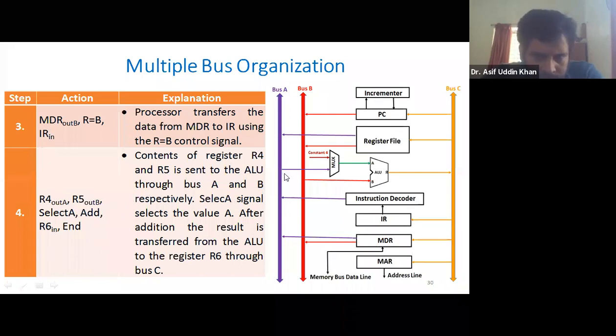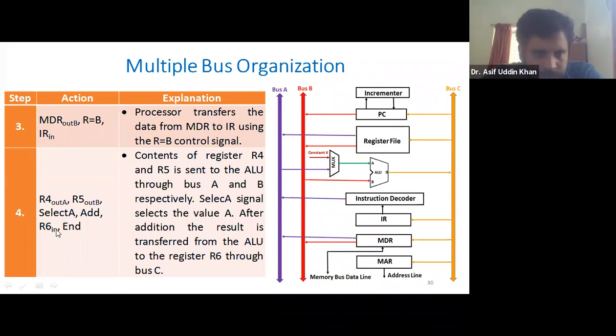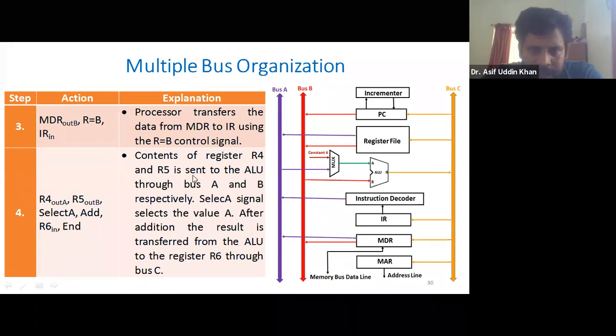Now you see here, this bus A is connected to this multiplexer, bus B is connected to this port B of this ALU. So this bus A has R4 data. You have to select A. Select A means the data which is present in A, that is R4 data, will be selected, and it will go to this input A of this ALU.